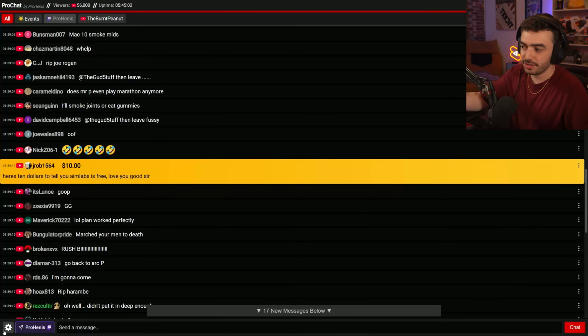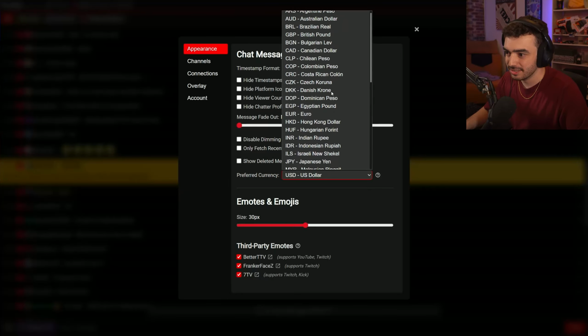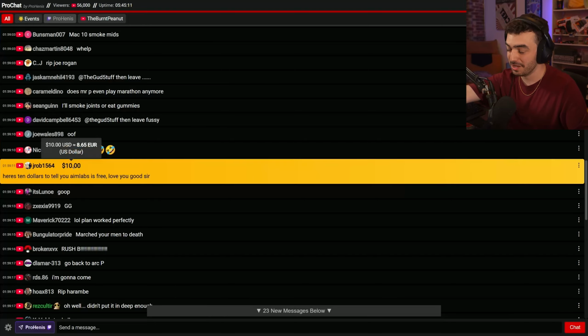But what if you're more familiar with euros or British pounds? In settings under preferred currency, you can come in here. Let's say I wanted to change this to euro. If I go back over here and I hover over the amount, it'll say 10 US dollars is roughly equal to 8.65 euros. And so it'll show you that conversion when you hover over that amount,